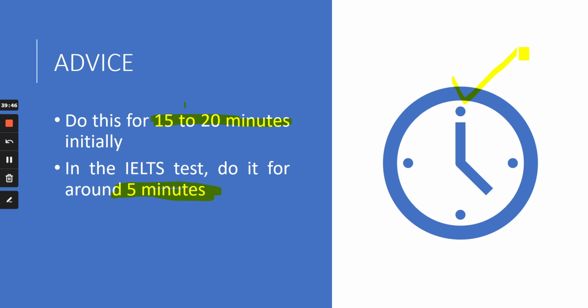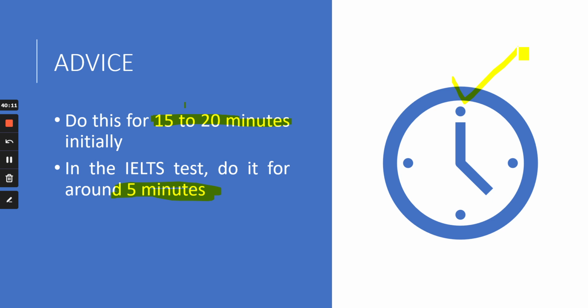If you're confident that method number 1 will work, go for it. Don't follow methods 2 and 3. If you think method 2 will work, go for method 2. Don't follow 1 and 3. Or if you want to try, you can try all 3 methods, once or twice, and then you can take a call. Okay, I think this method will work best for me. Then follow that method for the rest of your life for your IELTS writing.